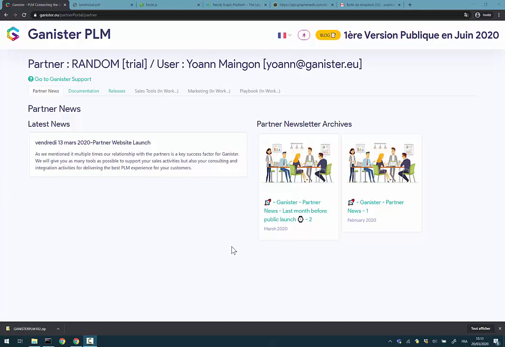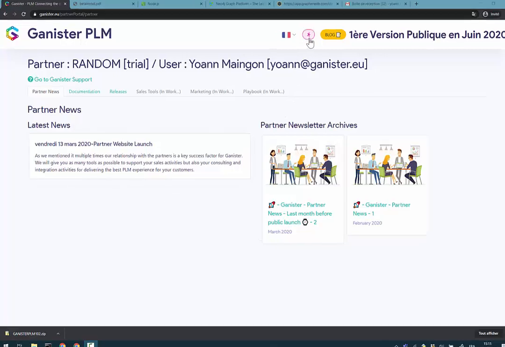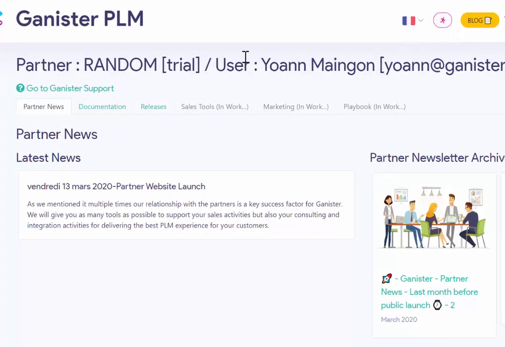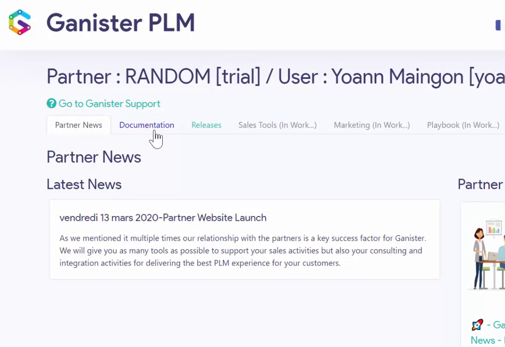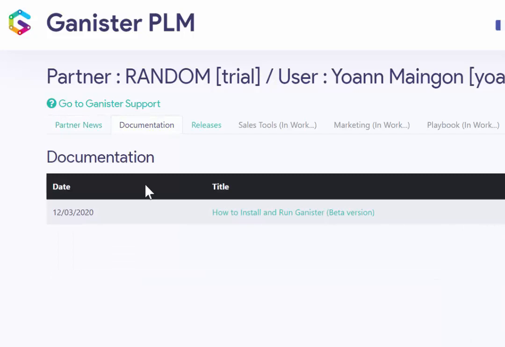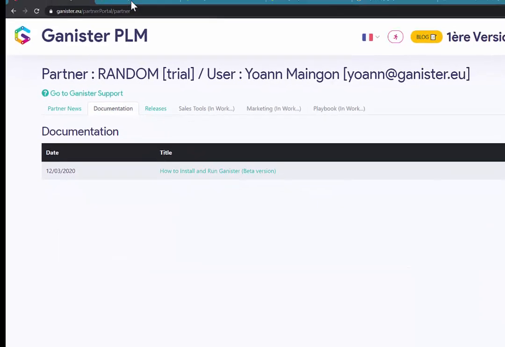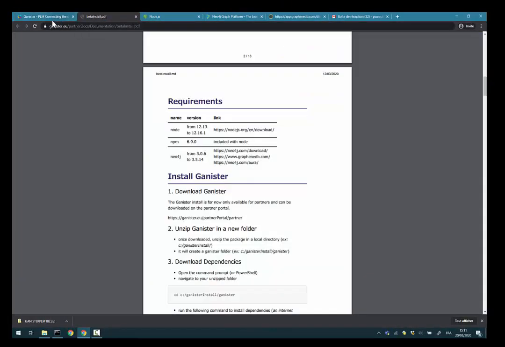Today I'll show you how to install the latest version of the beta version of Ganister PLM. Once you have received an email giving you access, with a login and a password to our portal, you'll have access. From our website, if you click here, you'll get access to our portal where you have the latest news and some documentation. For now, it's just the install documentation